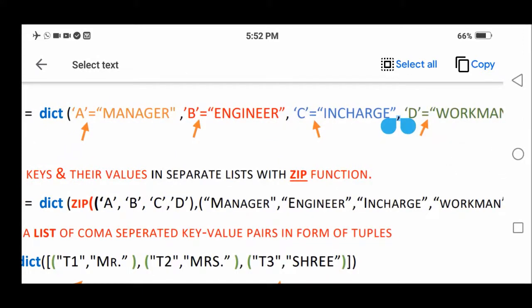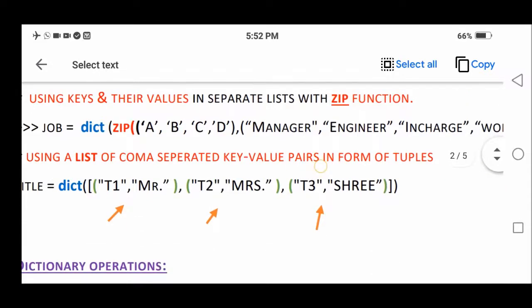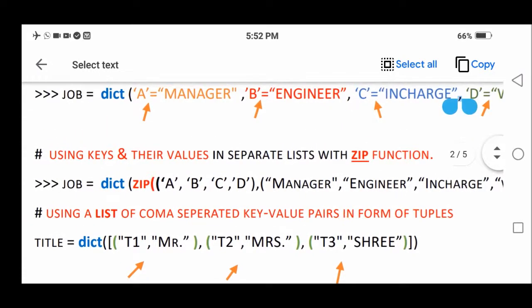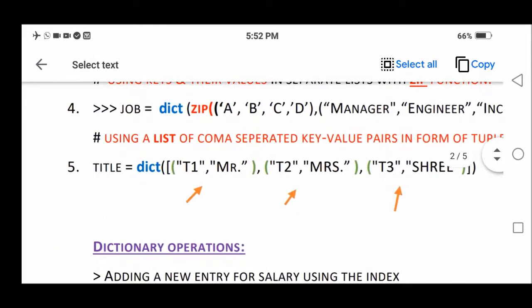Now this is one way of making use of the dict constructor. There is another way of using the same dict constructor and passing arguments, and there also we will be making use of pairs, but there the difference is something I have pointed out with the help of arrows here. That is in the fifth example. If you see here,